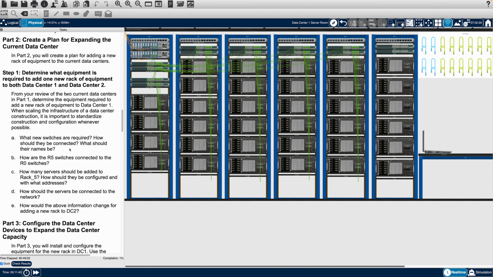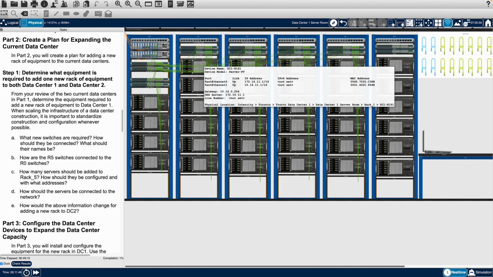How many servers should be added to rack 5? How should they be configured, and with what addresses? So we were talking about the IP schema earlier. If we look at our servers, we're not really going to be needing to do any subnetting here. It's pretty logical what the schema is. It goes up by 10 in the third octet every time we go